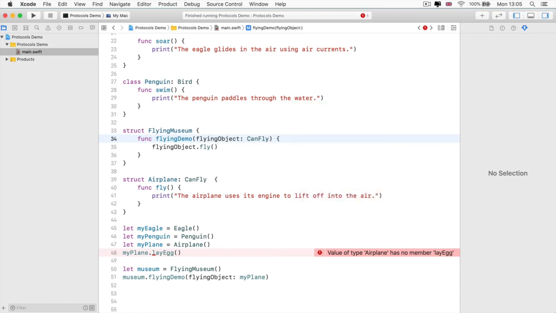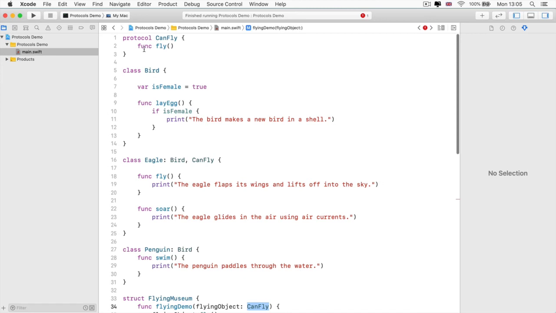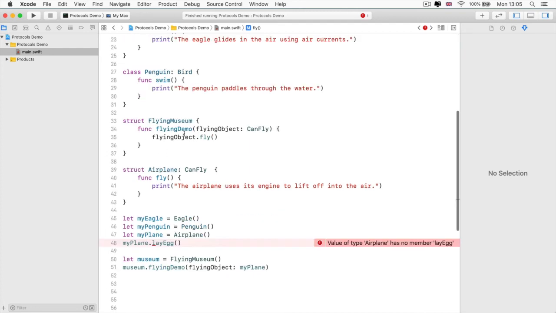So now I'm saying that when my flying museum puts on a flying demo, it requires a flying object that is something that adopts this protocol, because I know that when they adopt this protocol, they definitely have a fly method implemented. So I'm pretty sure that I'm not going to embarrass my museum by trying to demo an object